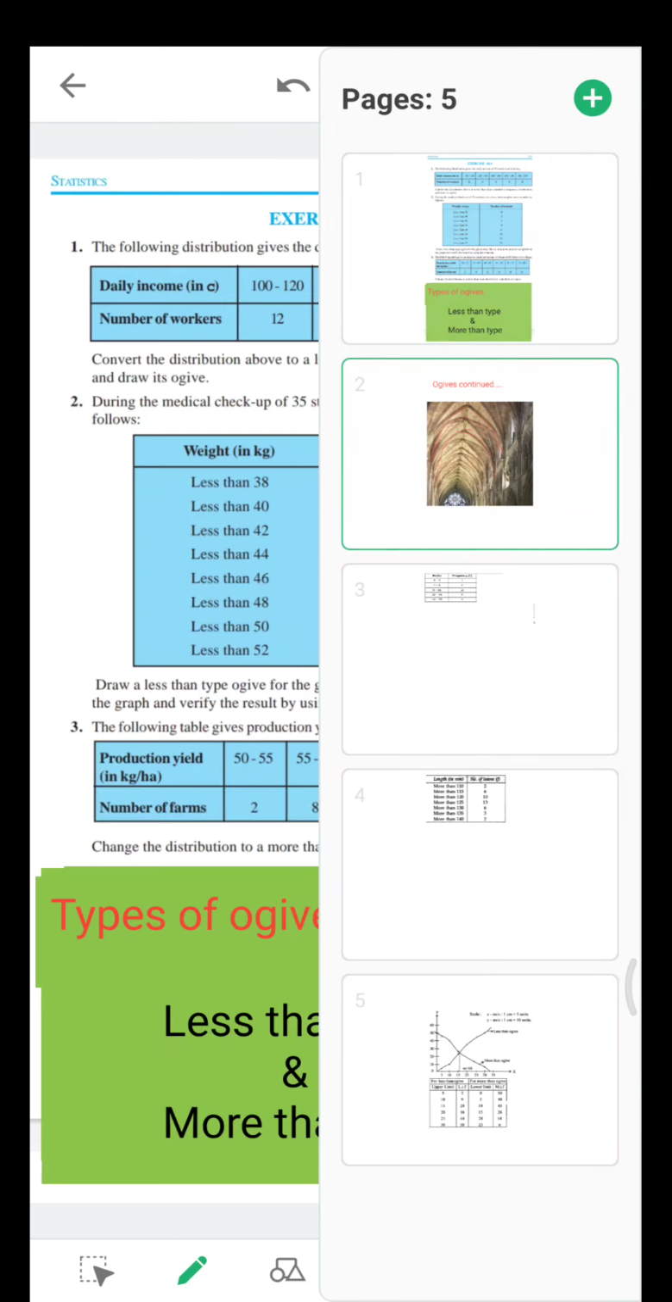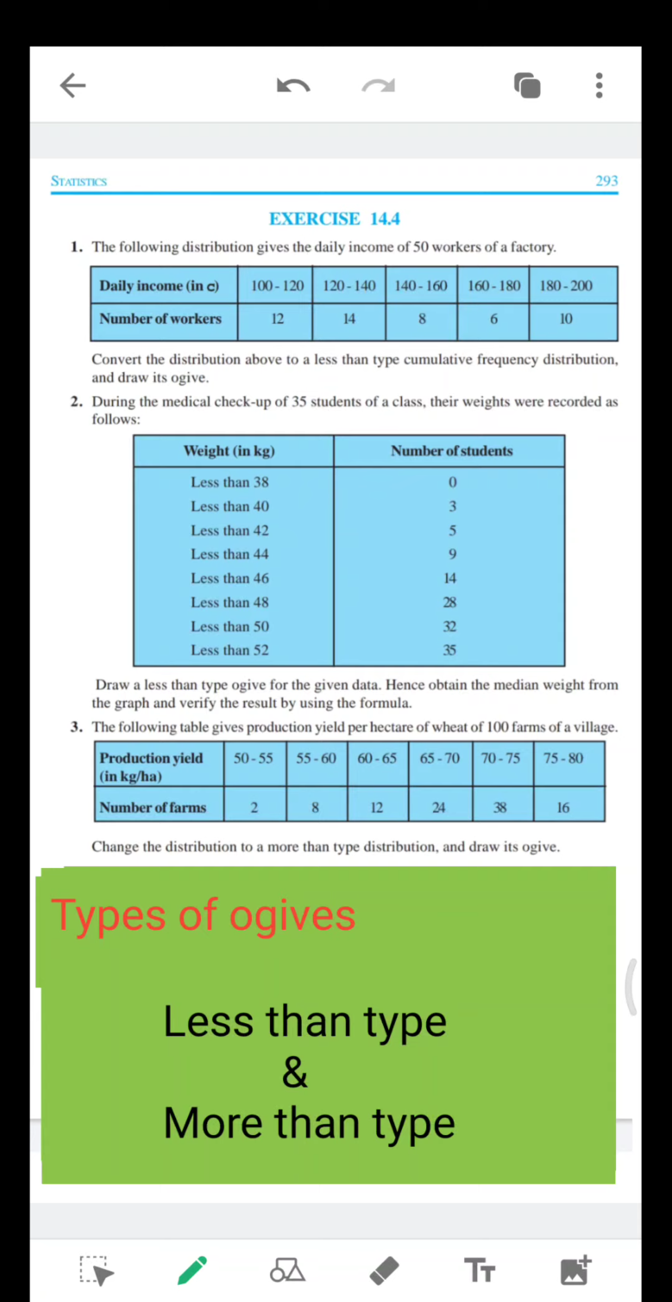Okay. Let's go to the question bit. The questions are here now, Exercise 14.4 in front of you. So in the first question you can see he is asking you to draw less than type of ogive, cumulative frequency distribution, and draw its ogive. You can call it ogive or ogive, that doesn't matter. Okay, then